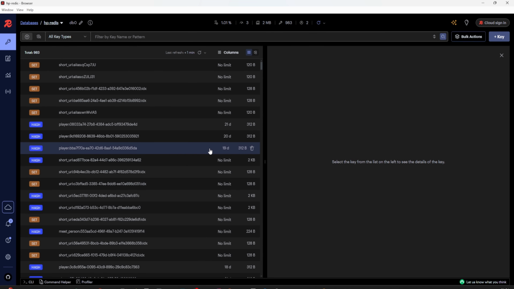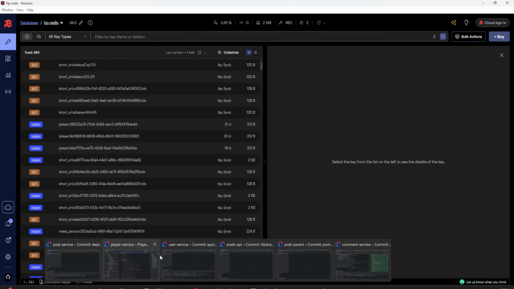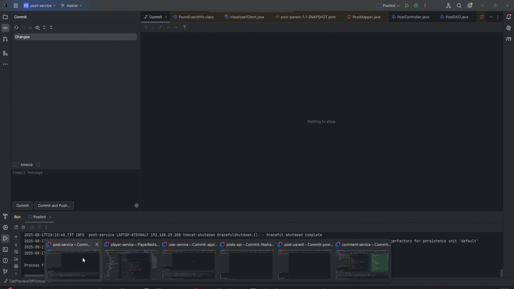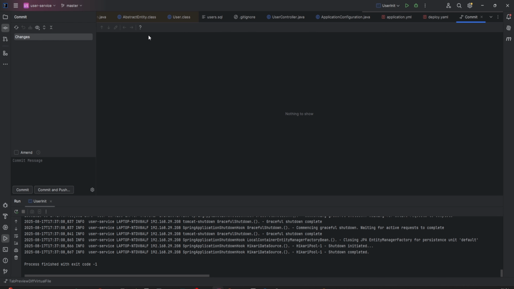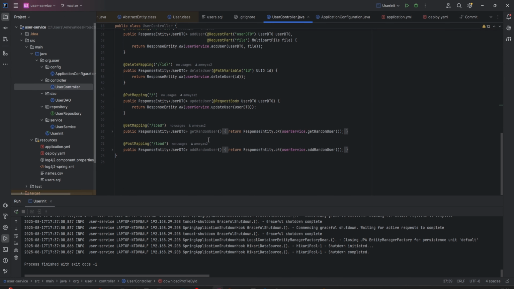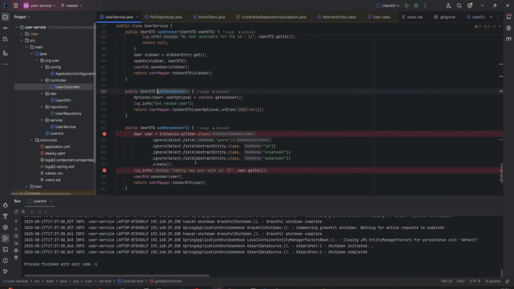I already have previously running databases in here. So what I'll do is let me go to the application called post service. I'll start with the user. Okay. So since I'll be using the two load APIs, let me go to them, and one is get, the other one is add random user. So within this, if I go to the DAO,